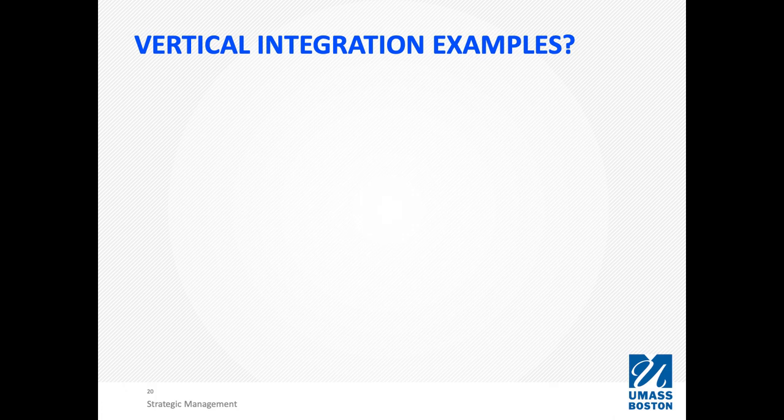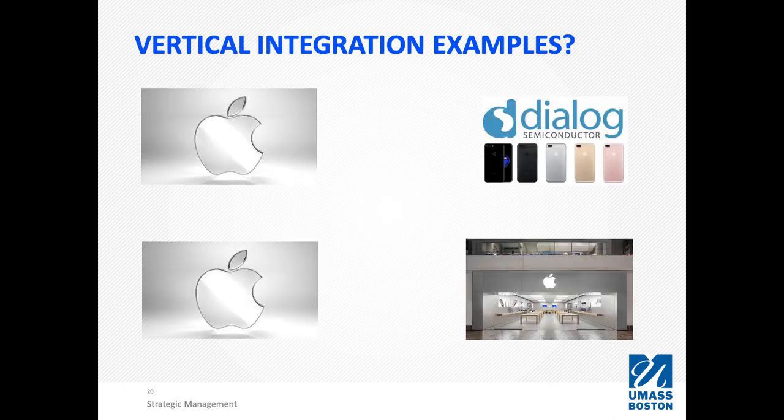You may be wondering, what are some vertical integration examples? Okay? And it turns out a great company to think about from a vertical integration standpoint is actually Apple. Okay? It has gone both directions on the value chain. It moved backwards on the value chain when it acquired Dialog Semiconductor, a firm that makes key chips and circuitry that were inputs to the iPhone. Okay? And then it moved forward on the value chain when they created the Apple Store,